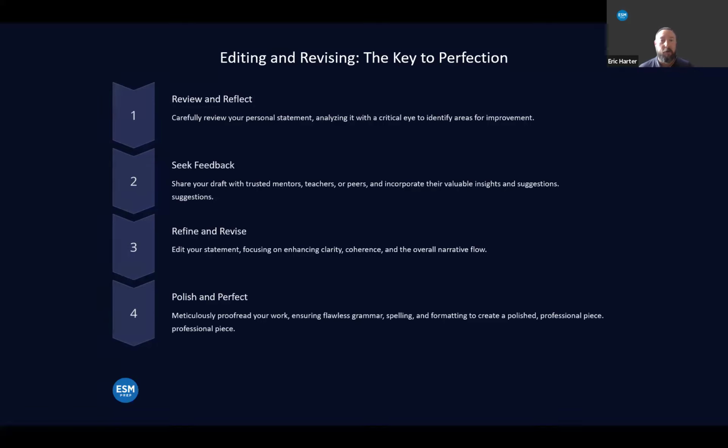I tell kids, when they write their first rough draft, we maybe keep 25% of it. That is on a good day. It might only be just a couple of lines. That is okay. This editing and revising is what causes essays to get so much better, because it allows you to review and reflect on specific areas in that essay that you can improve. It gives you time to seek feedback. This could be your essay coach, a teacher, a mentor, or a peer, but overall, getting suggestions can be helpful.